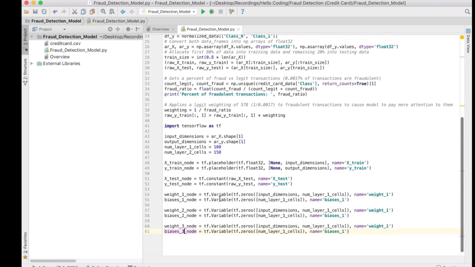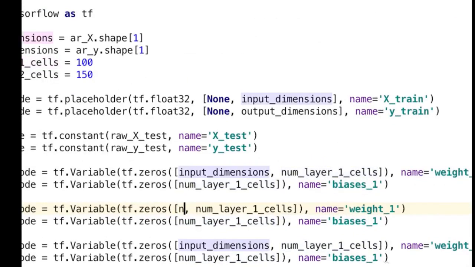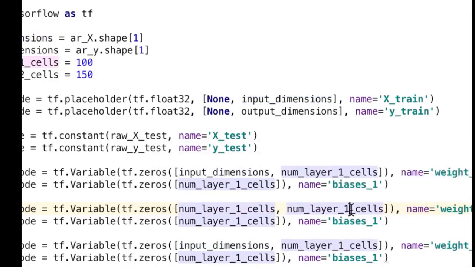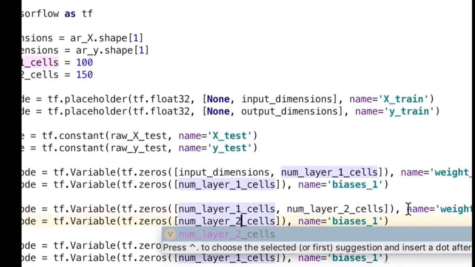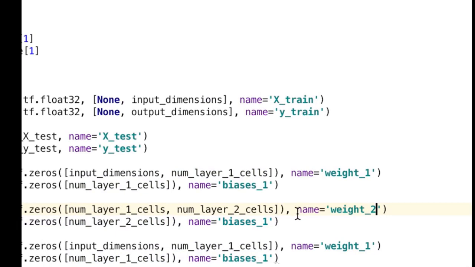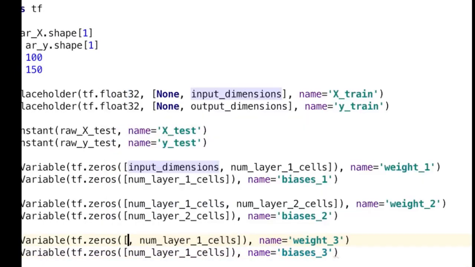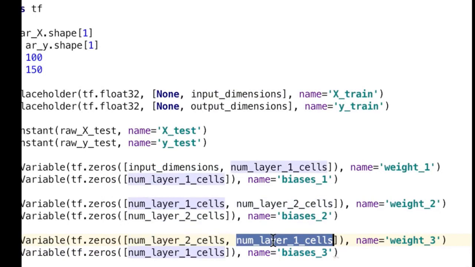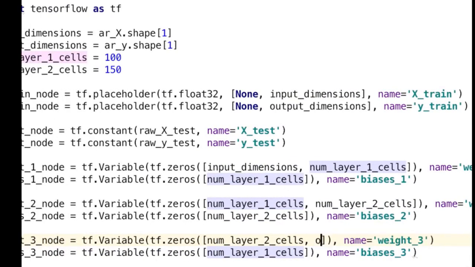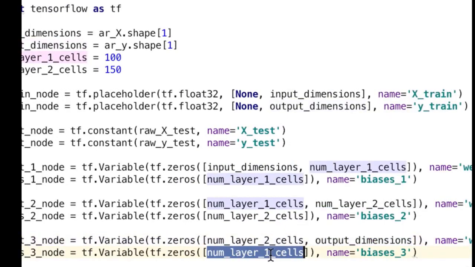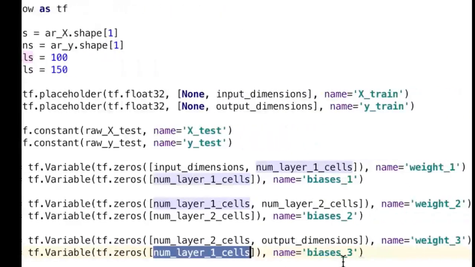It's up to you. So in this case, instead of input dimensions and the number of layer 1 cells, we're actually going to have number of layer 1 cells and then the number of layer 2 cells. And then we're going to do the 2 down there. We'll give these different names. This is going to be weight 2 and biases 2. And actually, I'm just going to change the names right now. Biases 3. Okay. And then similarly, we're going to do number of layer 2 cells. Okay. And then this one is going to be just our output dimensions. Okay. And the biases node 3 is going to be our output dimensions here, and just make sure the names are all going to